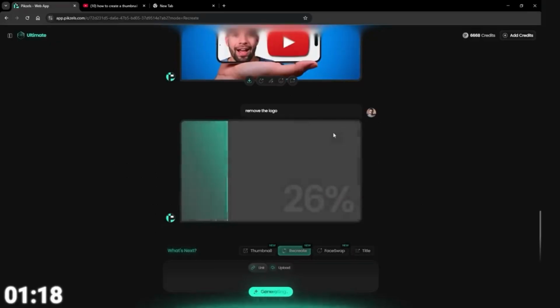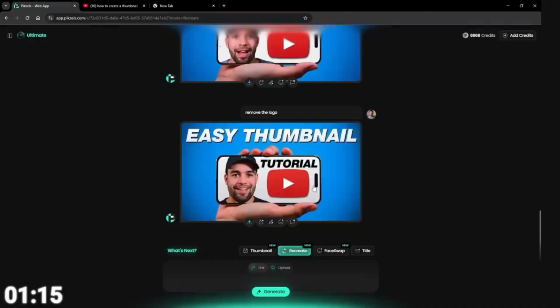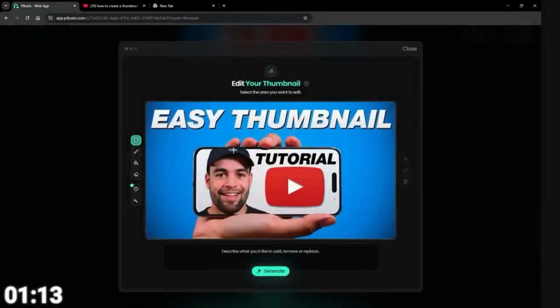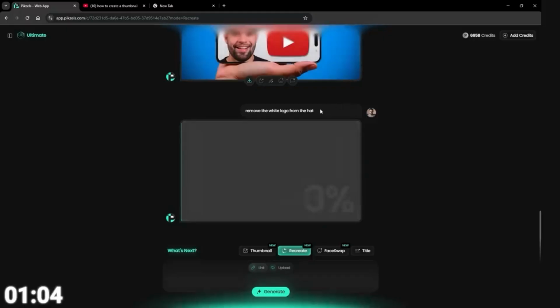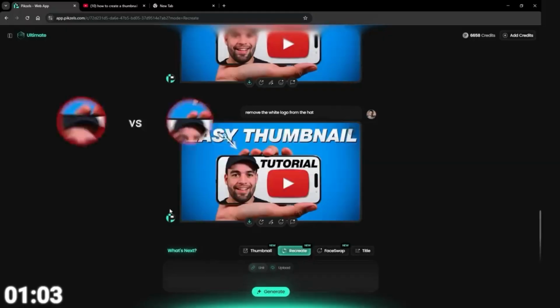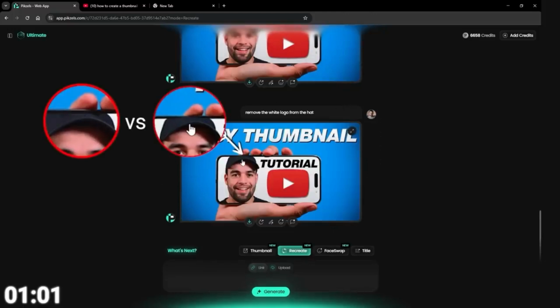I should have probably specified remove the logo on the hat. Yeah, that didn't work. So one thing you got to do is be quite specific with it. So I'm going to select this now and tell it like remove the white logo from the hat. And there we go. It's gotten rid of the logo.